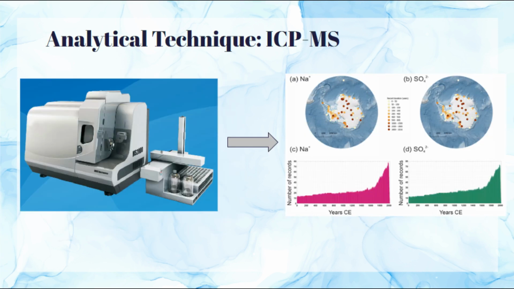How do scientists measure these concentrations? Scientists put small samples of ice into inductively coupled plasma mass spectrometers in order to determine the concentrations of elemental nitrogen and sulfur in these ice cores. Nitrogen and sulfur both are chemicals that are naturally found and should be found in ice cores as byproducts of inorganic matter, but their concentrations have been steadily increasing post-industrial revolution as byproducts of human activity, as evidenced by the